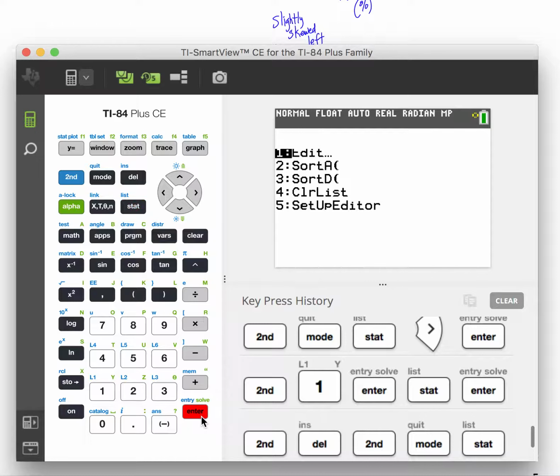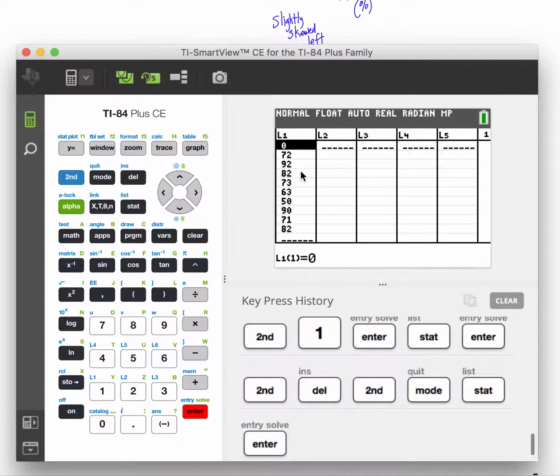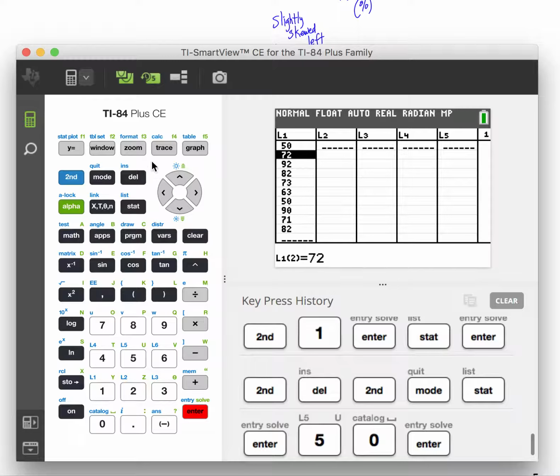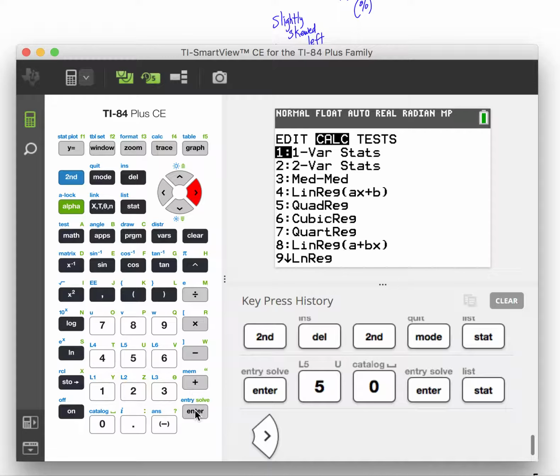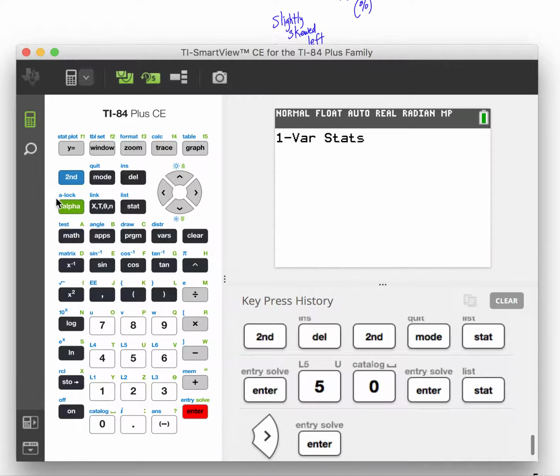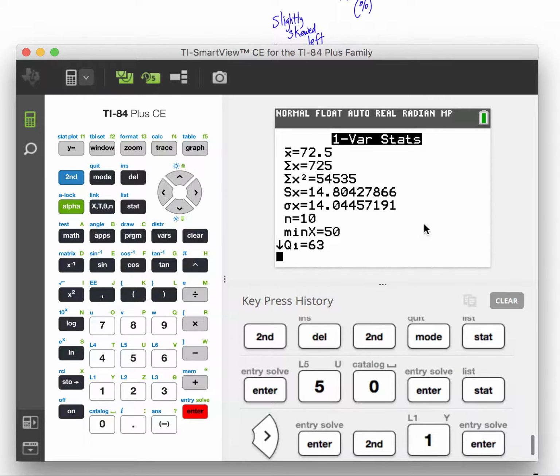I might have made an error there, so I'm just going to check. I did. I made an error here. I accidentally hit an enter there. So this should have been 50. So I'll put that value back in. Okay. And then hit Stat. Move over to the word Calculate. We've done this before. One var stats, puts it on the main screen. Second L1, second number 1 gives you L1. Hit enter. And I know we've seen this before, but if you hadn't noticed, again, that arrow down there,